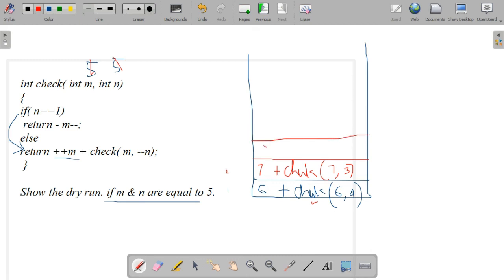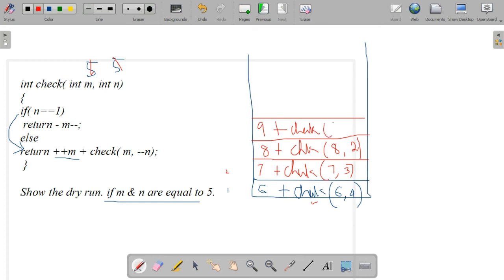In the third frame, again the same method is calling. So a frame will be allocated or pushed: 8 plus check of, have to write the proper name, CHECK. Okay, check of 8, comma 2. Then in the next one, again the method is calling.